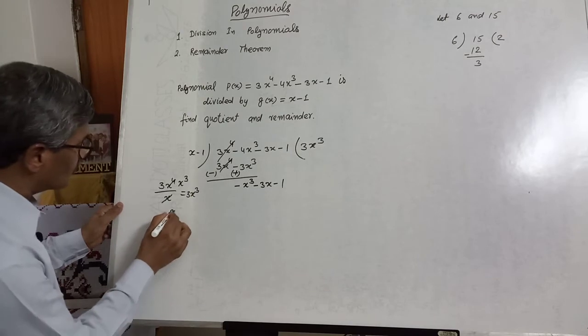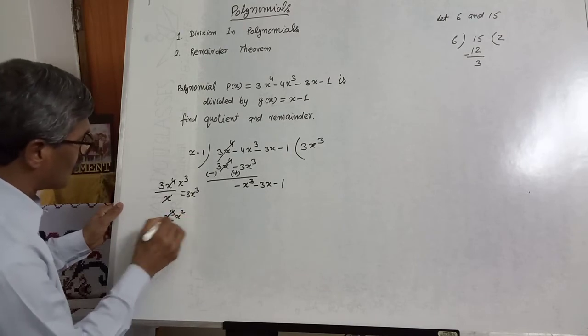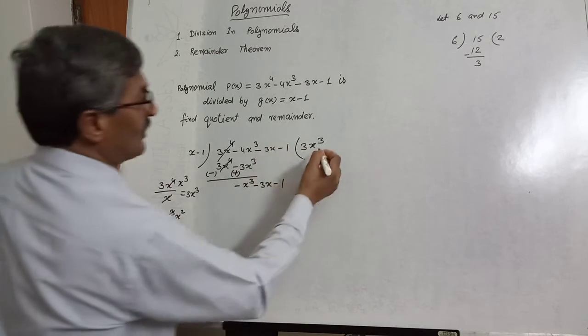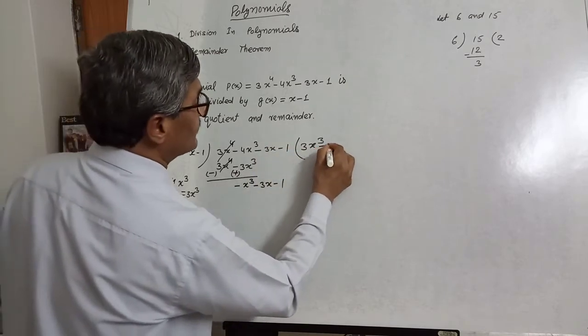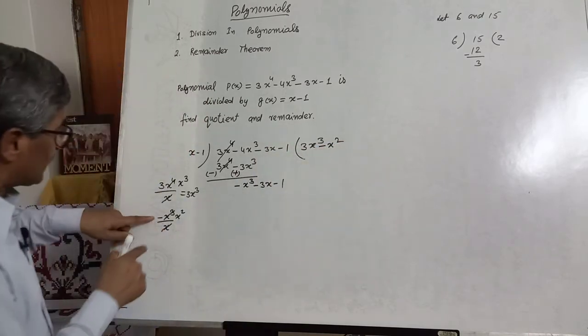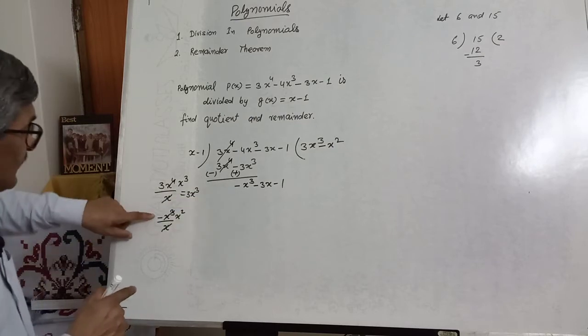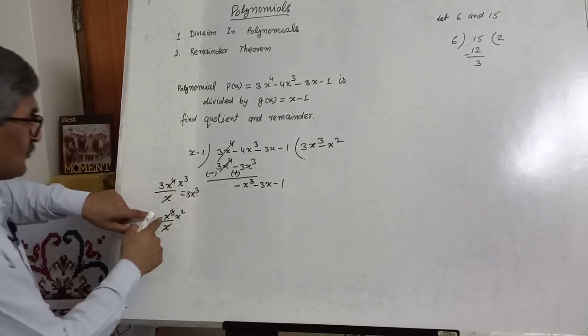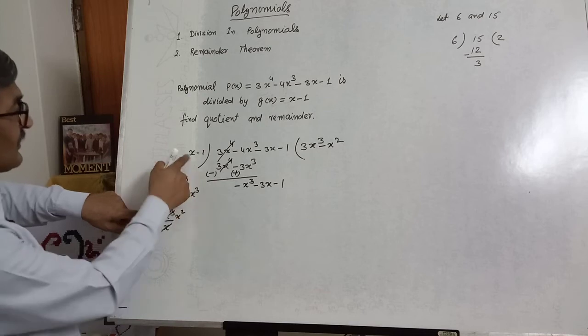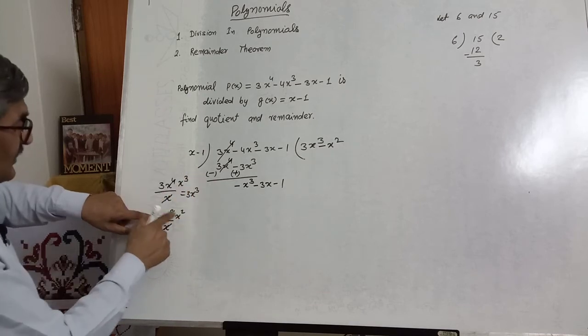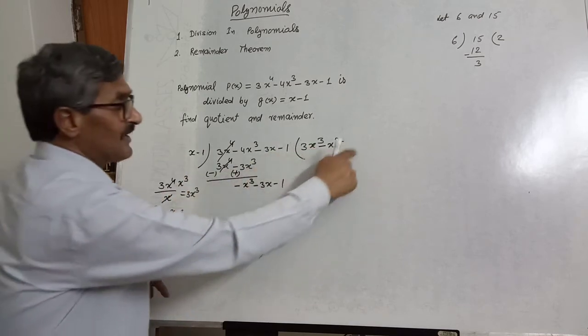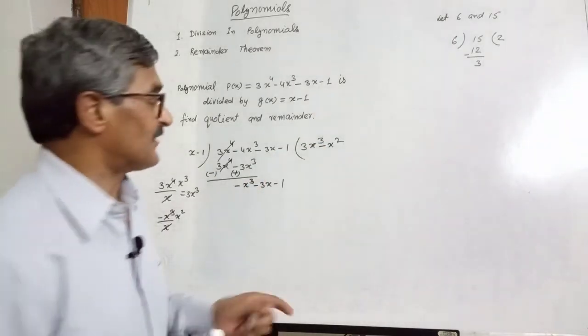This will reduce the power to x power 2. So minus x square. What are we getting? We will write here minus x square. You must be careful about this sign. Minus is taken here, minus x cube is taken here, and that is divided by this x. We are getting minus x square. That minus x square will be written.